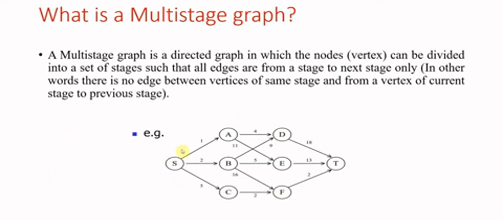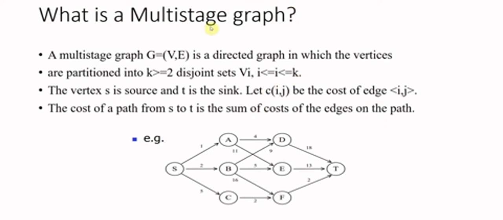Now I would again like to illustrate what a multi-stage graph is. A multi-stage graph is a weighted directed graph in which all the vertices are divided into stages such that the edges originate from one particular stage and end in the next stage. Also, this graph follows two properties: the vertices of a particular stage do not have any edges among them, and there is not even an edge from a present stage to the previous stage. So these are the two conditions which make a multi-stage graph. So this is a good definition of a multi-stage graph.